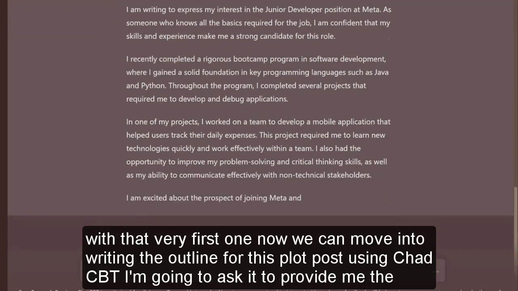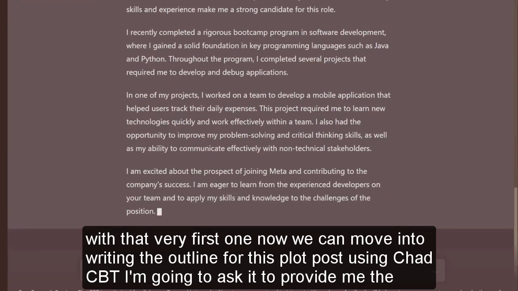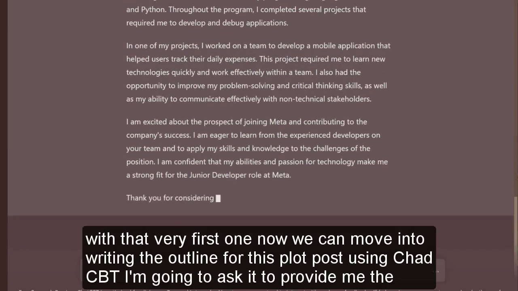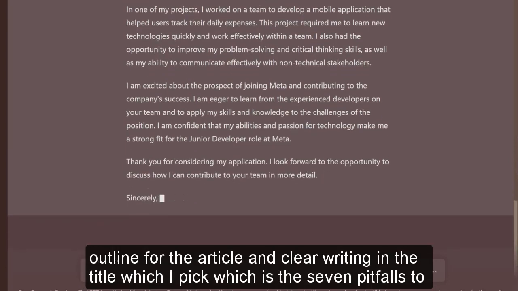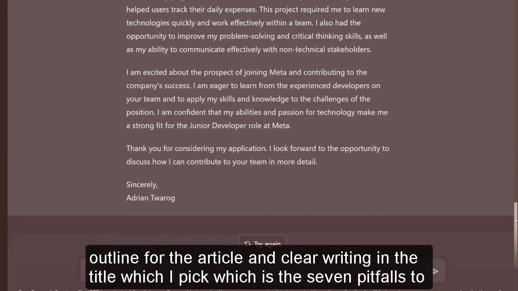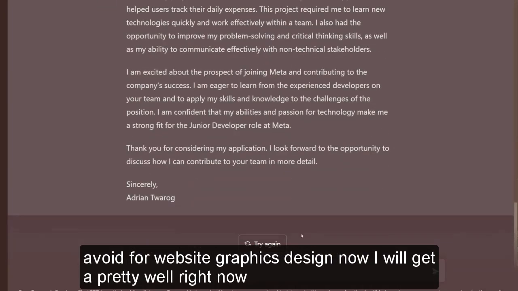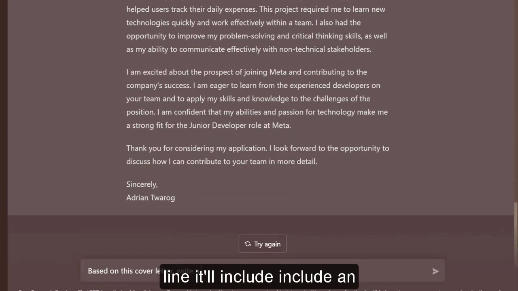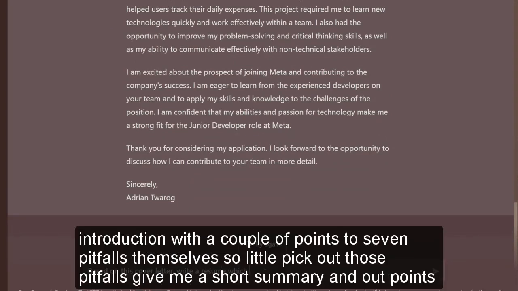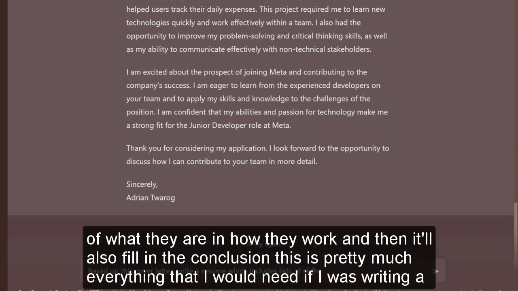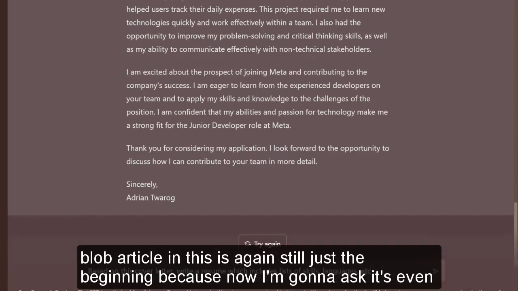Now we can move into writing the outline for this blog post using ChatGPT. I'm going to ask it to provide me the outline for the article in clear writing, and the title which I picked, which is the 7 pitfalls to avoid for website graphics design. Now I will get a pretty well written outline. It'll include an introduction with a couple of points, the 7 pitfalls themselves, so it'll pick out those pitfalls, give me a short summary and dot points of what they are and how they work, and then it'll also fill in a conclusion. This is pretty much everything that I would need if I was writing a blog article, and